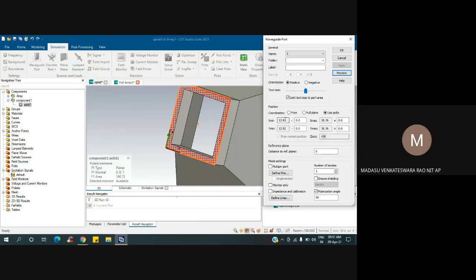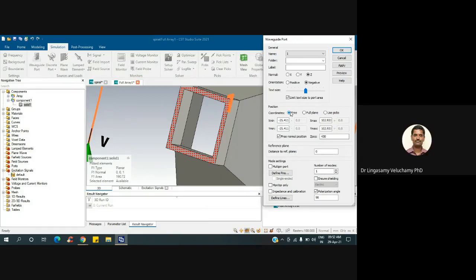Now I have a doubt, sir. What is this free, full, and use picks? What does this mean, sir? Use picks means whatever coordinate you select, it will automatically take it: X min, X max, Y min, Y max, all that. Full plane means it will be completely free, you can edit whatever you want, and feed that value directly.